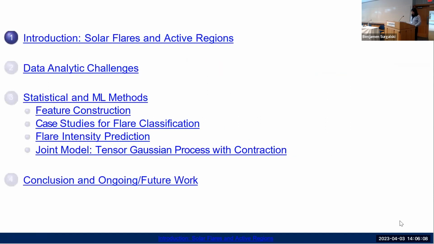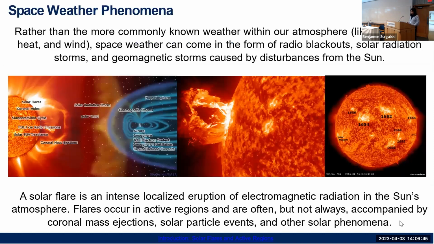departments. So I'll give an introduction about what is solar flare events and why we care about it and what kind of data we actually have. And then I'll point out the data analytic challenges that were faced within this particular application domain, because for every single domain, you have your own data analytic challenges in terms of volume of data or maybe sample selection problems. And then I'll talk about a few examples of how we are trying to tackle, not every aspect, selected a few aspects about the data analytic challenges using modern statistical or machine learning methods. And I'll conclude with some future work.